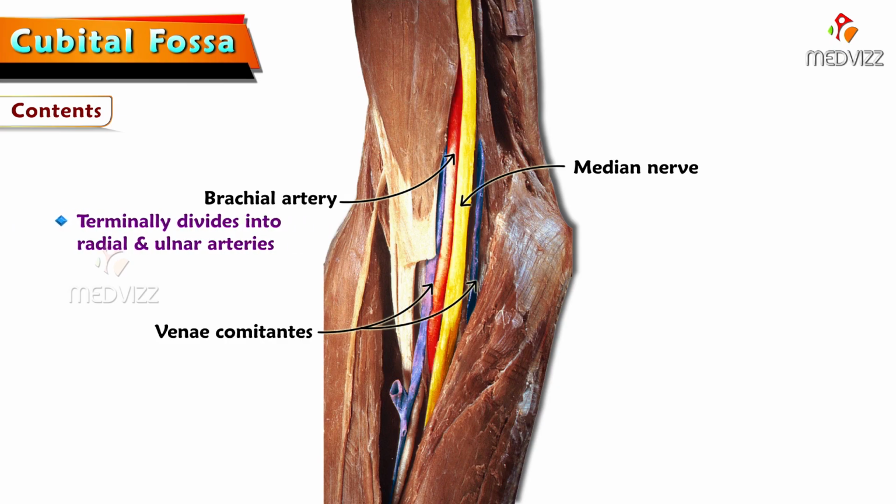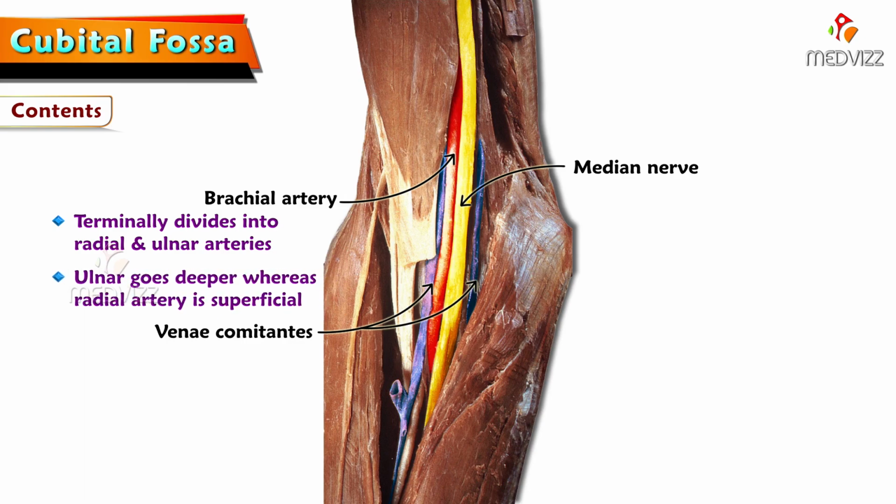And brachial artery terminally divides into radial and ulnar arteries. And ulnar artery goes deeper, whereas the radial artery is superficial. So just observe in the lower part of cubital fossa, where we can see the brachial artery terminally divides to form radial artery and ulnar artery. So here we can appreciate the radial artery, and ulnar artery is not seen because it goes deeper in the